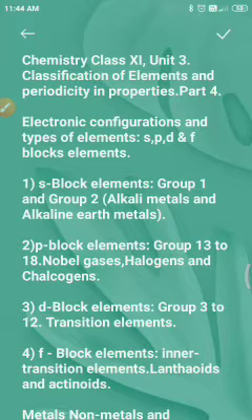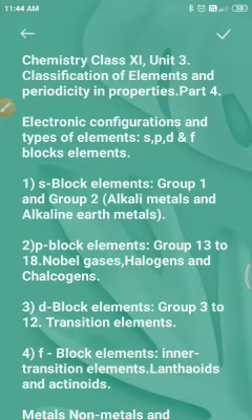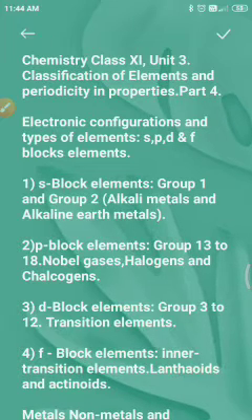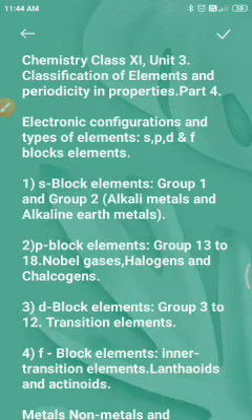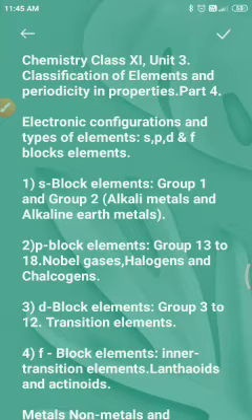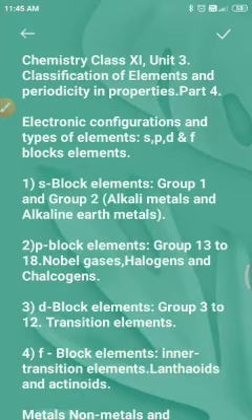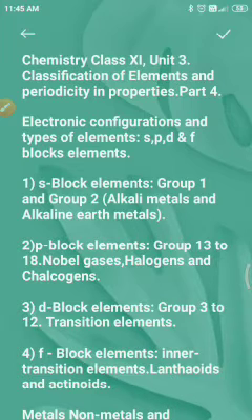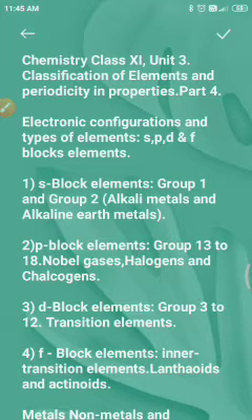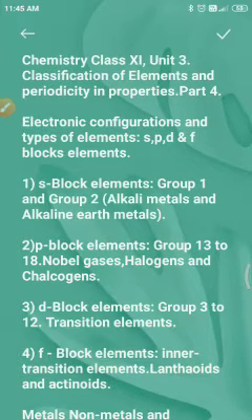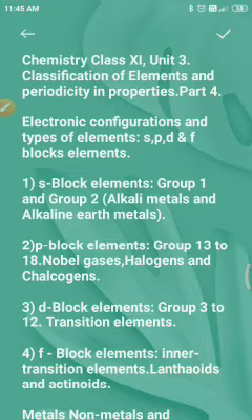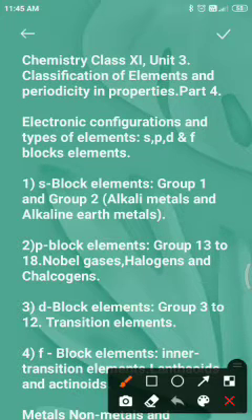It can also gain an electron to achieve a noble gas arrangement, and hence it can behave similar to group 17, the halogen family elements. Because it's a special case, we place hydrogen separately at the top of the periodic table. We will briefly discuss in detail the salient features of the four types of elements marked in the periodic table. First, let us begin with the s block elements.